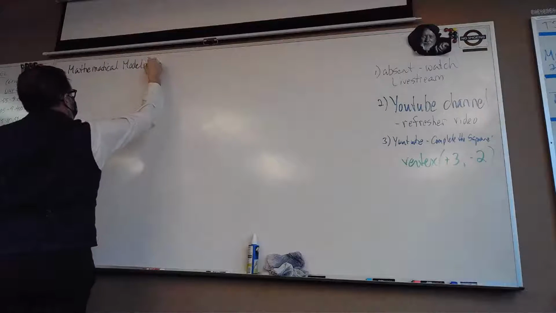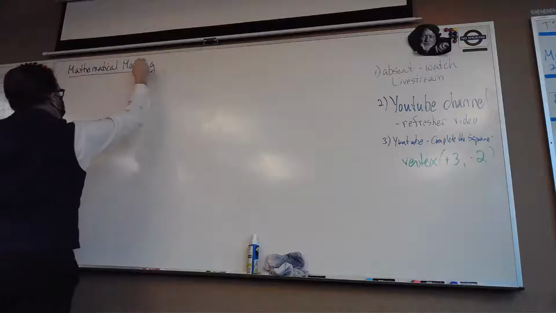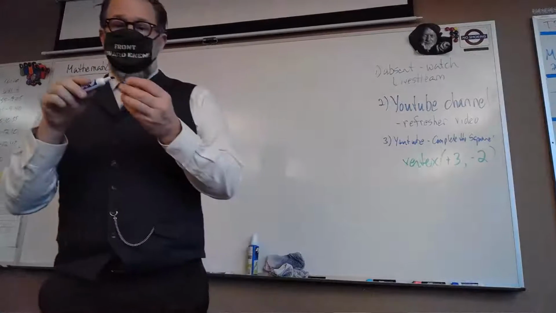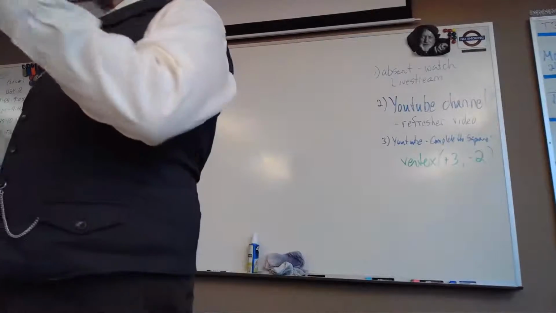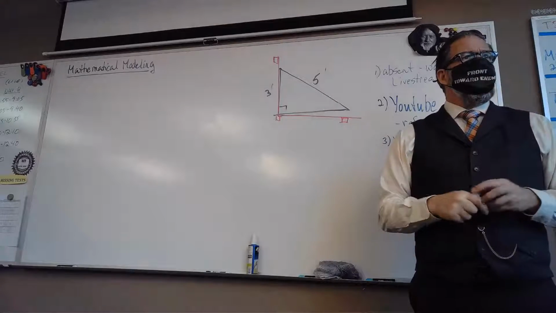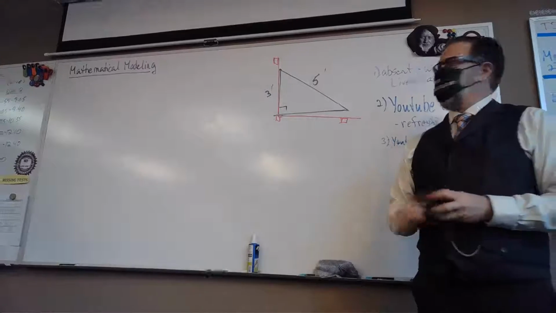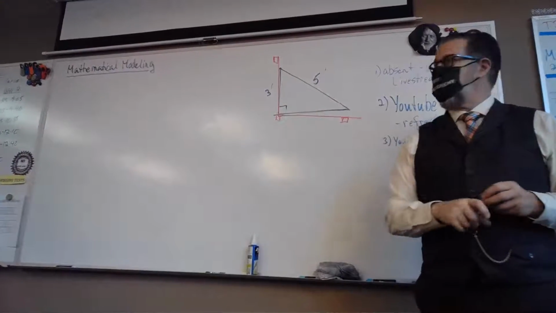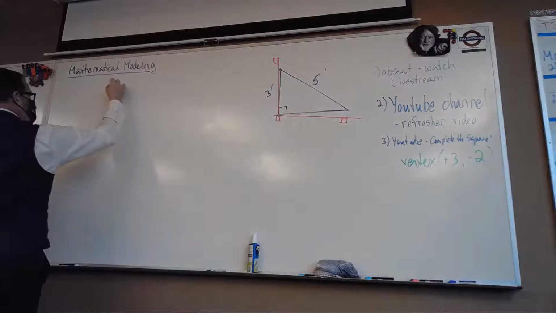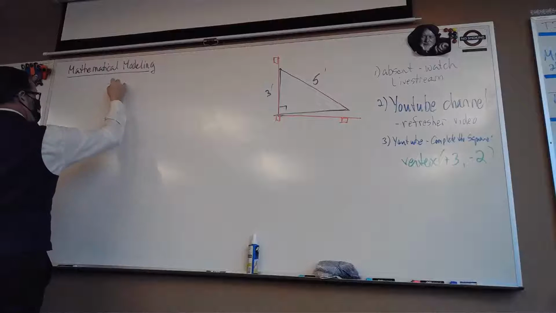And you are creating a model, and by model we mean an equation. And that equation represents the situation that you find yourself in. You can model the right angle by just using this 3, 4, 5 triangle. And what we are going to do today is we are going to look at a situation where we have